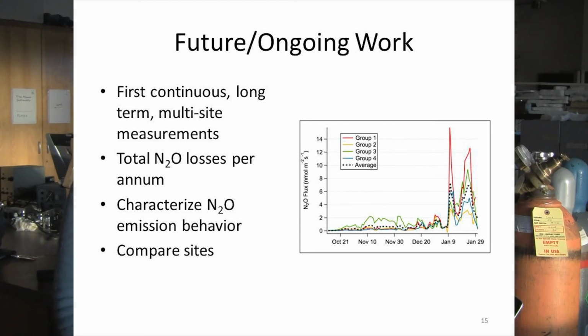freeze-thaw events. The plot that's in this slide illustrates a surprise we've already monitored for this project. This is showing chamber results from last winter, and we weren't expecting to see much nitrous oxide emission at all when it's cold out. The microbes aren't very active, but there was this freeze-thaw cycle in January that had some really high emissions. The emissions on the last slide didn't go any higher than 4 nanomoles per meter squared per second, and you can see here they're up to 14, 15 in some cases.